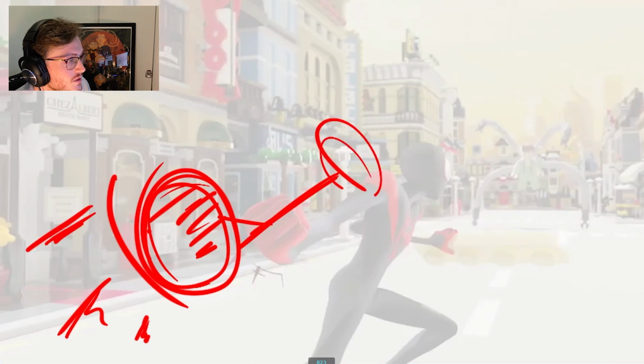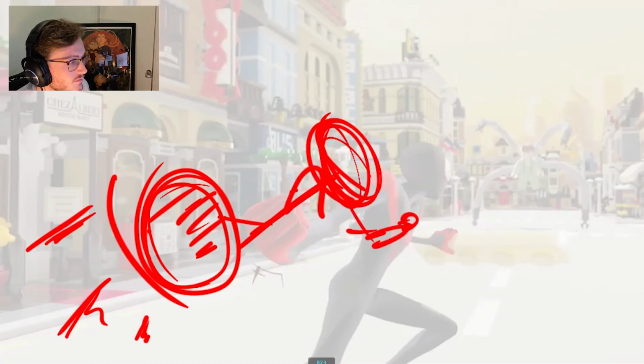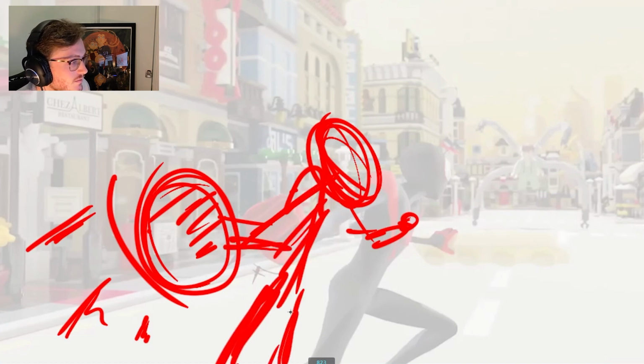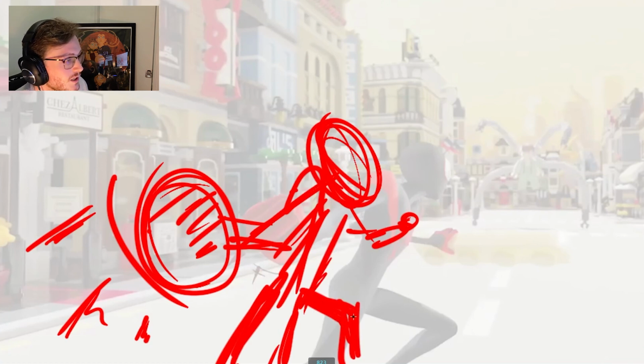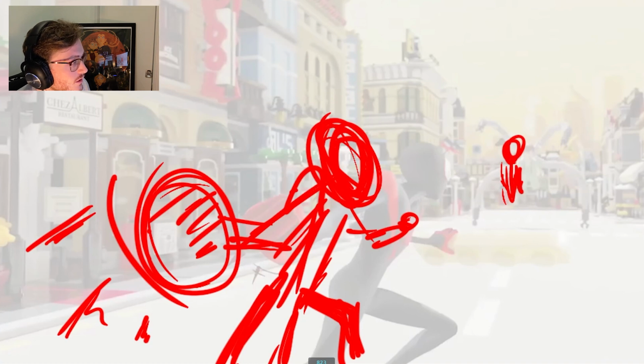I think Miles' head could be slightly more in the center of frame. I think we could really push some of that foreshortening. You see how small his hand is. And then again, Doc Ock would still be in that kind of frame where he is here.